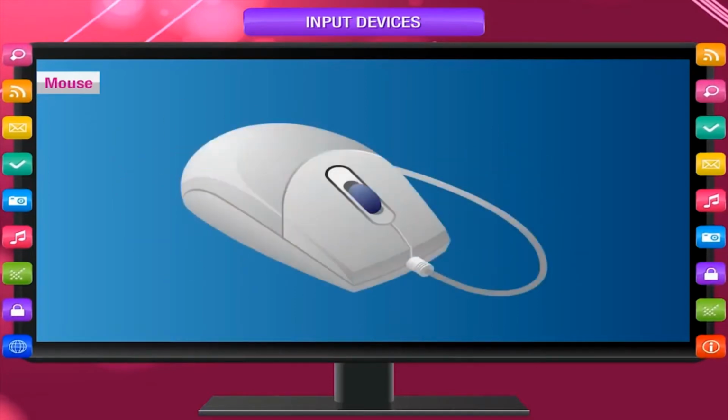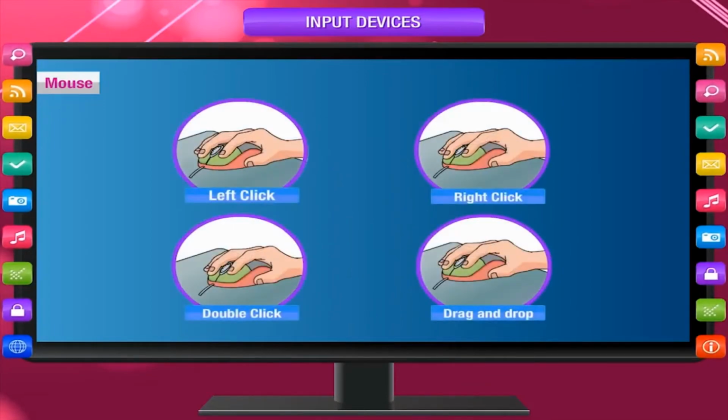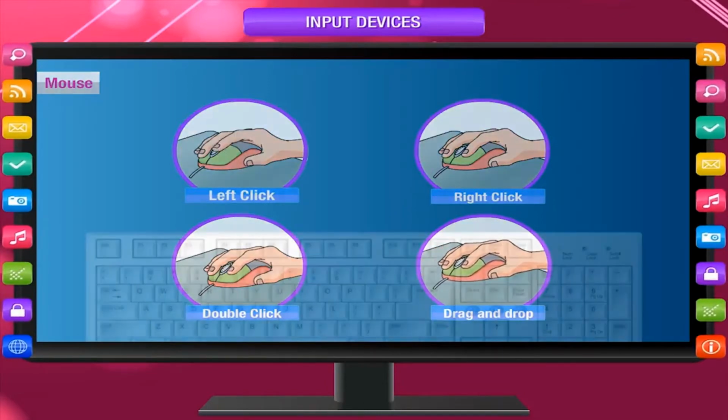In GUI, the commands are given in the form of buttons. We have to just select the desired action. Mouse can perform various actions: left click, right click, double click, drag and drop. We have already studied these actions in detail in the previous classes.